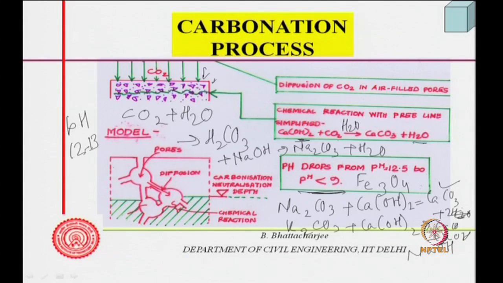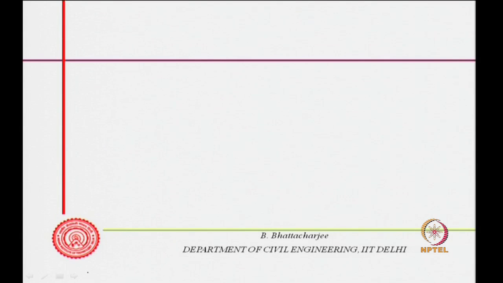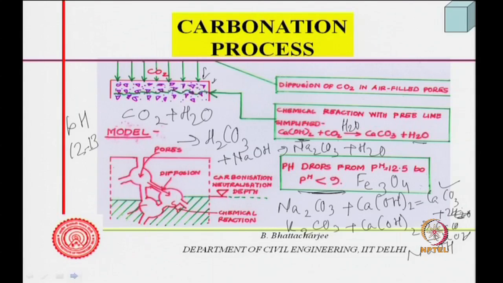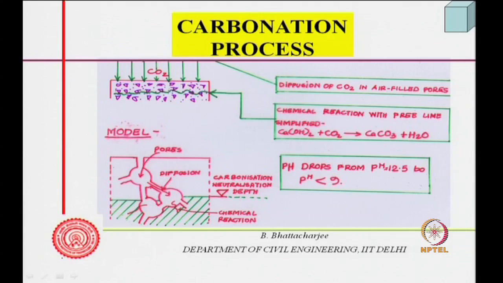Now, therefore, what we see is that pH can get reduced by consumption of the alkaline material. Intermediate steps are not given here, but I just discussed them. But how does the carbon dioxide penetrate? It penetrates through the pores in the system,